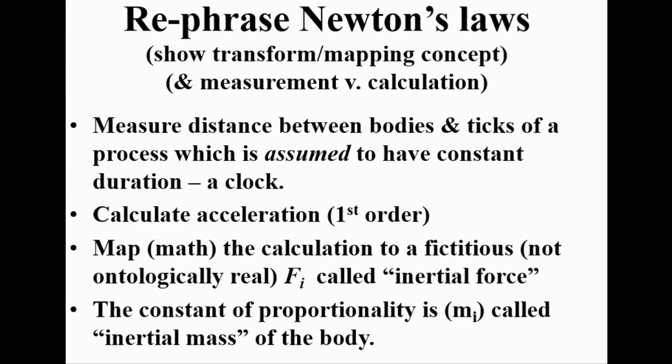So to start, you'll note that you measure distance between bodies and ticks of a process which is assumed to have a constant duration, a clock. You calculate acceleration as a first order effect. Then you map, which is a mathematical operation, the calculation to a fictitious, not ontologically real force called inertial force. To do this, you apply a constant of proportionality, here we're going to call it MI, called the inertial mass